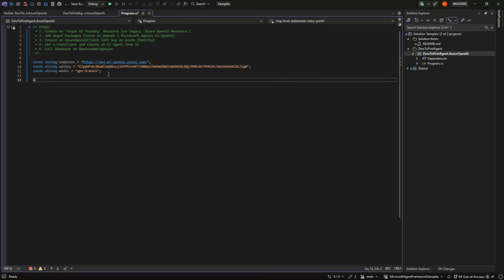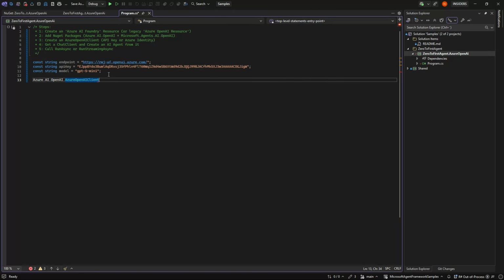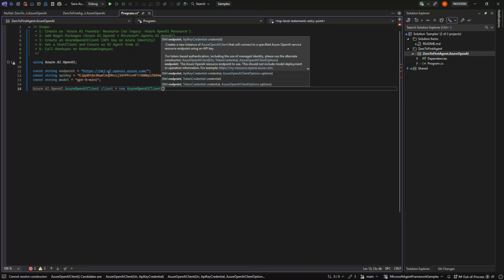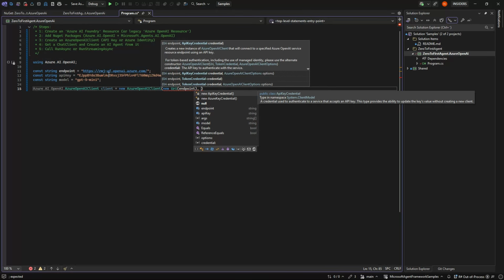The first thing we need to do is take something from Azure.AI.OpenAI, and that is an Azure OpenAI client. The client we need to new up and give it a URI, which is our endpoint, and our key.